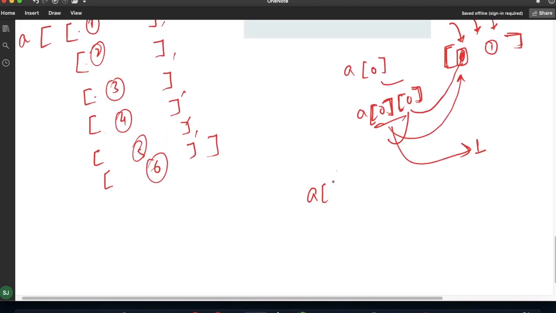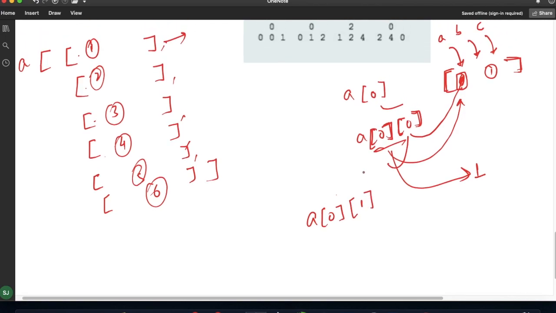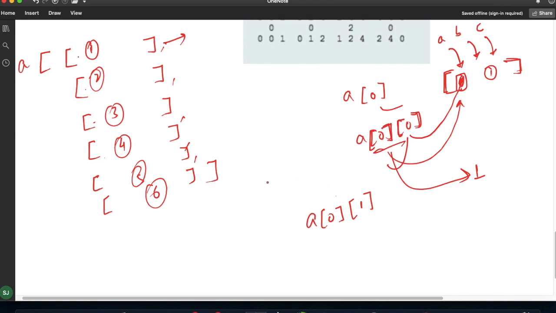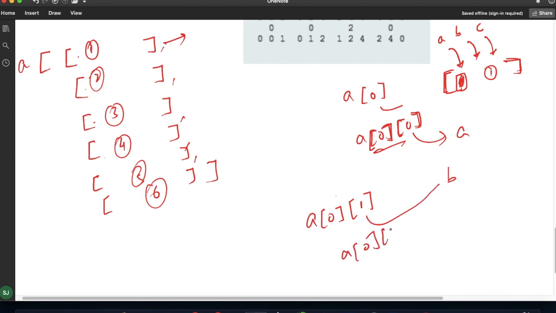So if I write here A of 0 and 1, it will give me the second value, which is B. This will give me the A value, this will give me the B value, and if I write A of 0 of 2, then it will give me the C value from the very first list, this one.